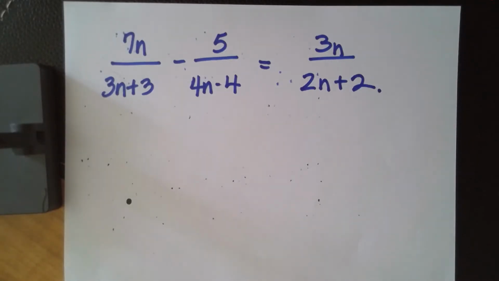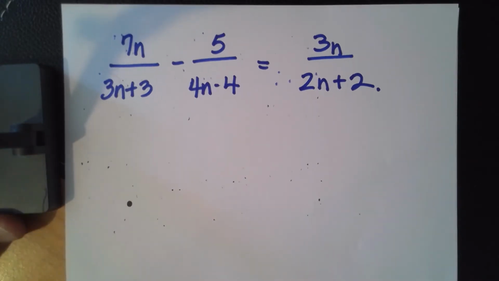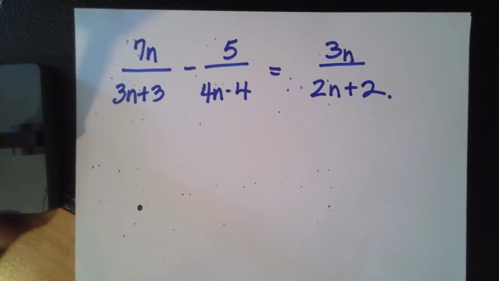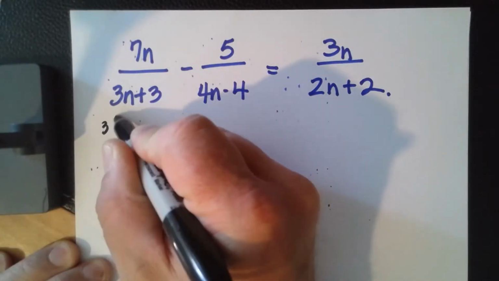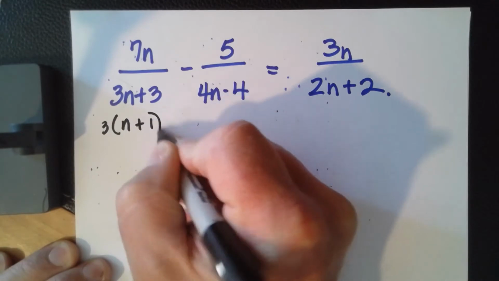Okay, some of you have asked me about this problem right here, so let me go ahead and do it. It is a little complicated. It's not so hard as it is just a lot of steps. Okay. The first thing I want to do on this is factor the bottom, the denominator on all of these